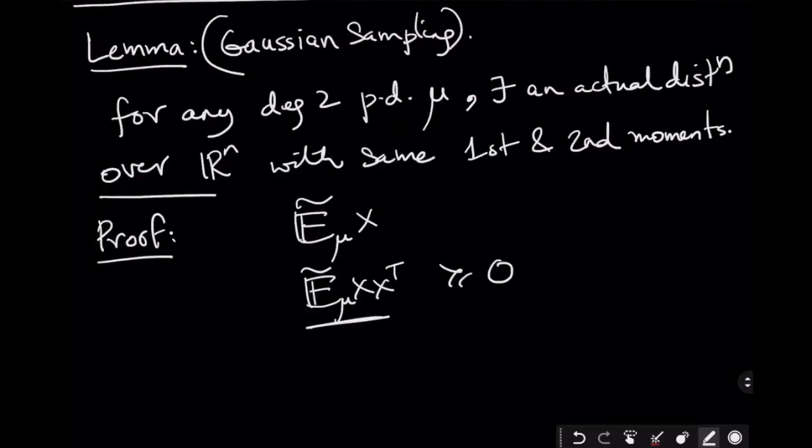Ainesh says that all quadratic forms are non-negative. Yes, but this is the hazard of the question. It has so many answers which are all equivalent, but I'm looking for the following answer. I'm looking for the equivalence which said that mu is a degree 2 pseudo distribution if and only if E mu of 1 is 1 and E mu of (1,x) tensor 2, sorry, actually (1,x)